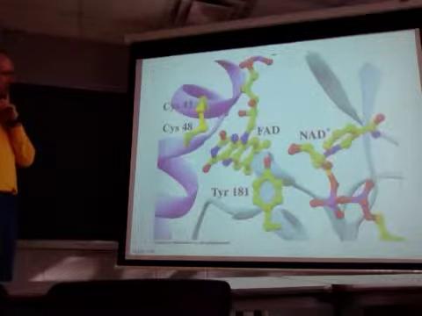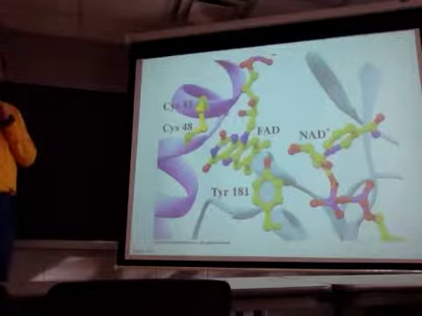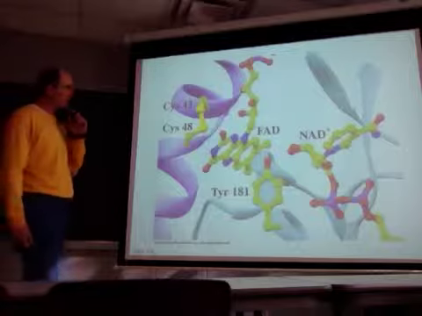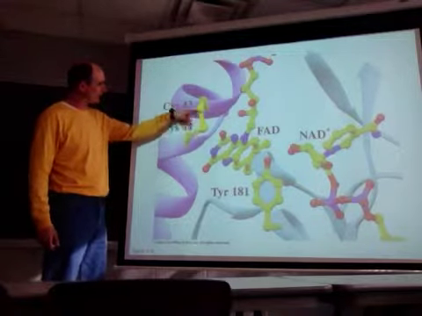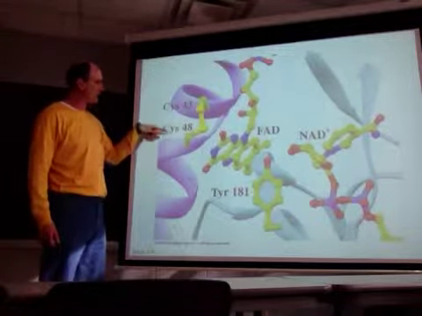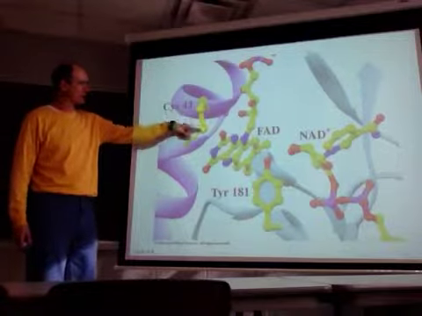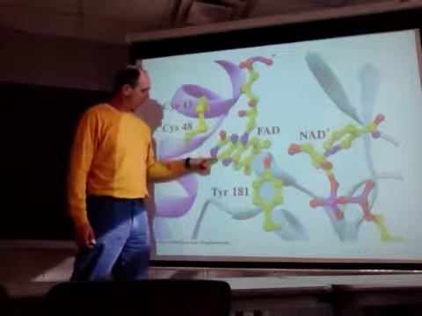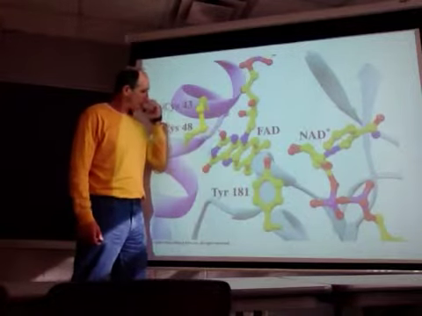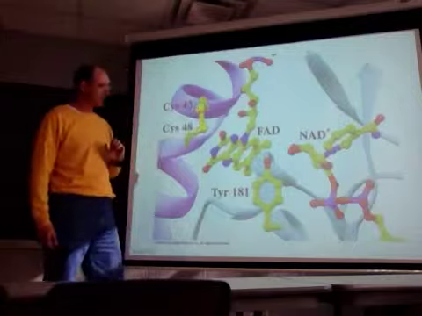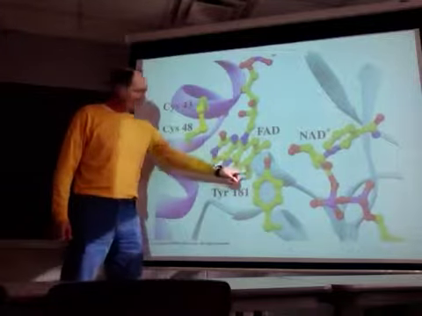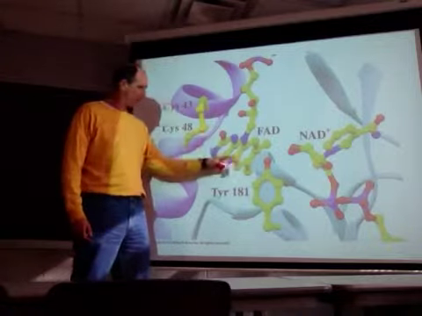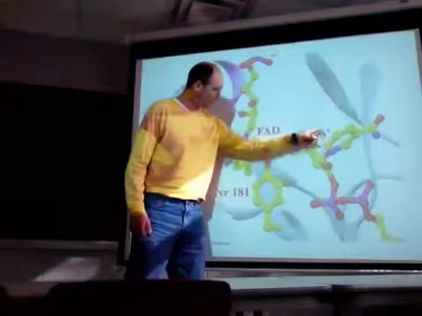This is showing part of that E3 enzyme. I just like this picture. This is a figure from your book, right? But here's that disulfide bond, cysteine 43 and cysteine 48, right? So that's the disulfide bond that's part of E3. This is the flavin rings of FAD positioned close to that. There's a tyrosine, which is alternately oxidized and reduced as part of the process, but then you can see NAD